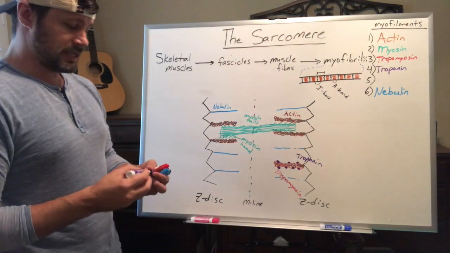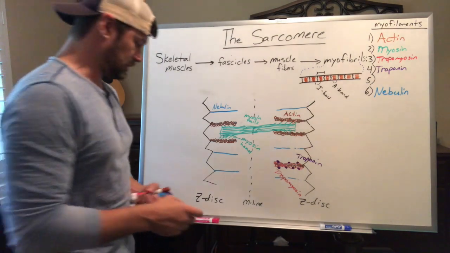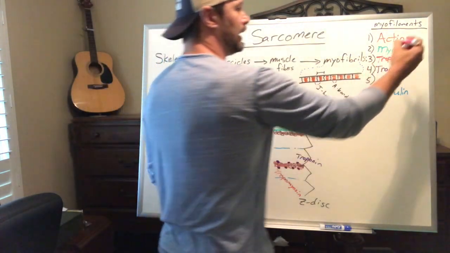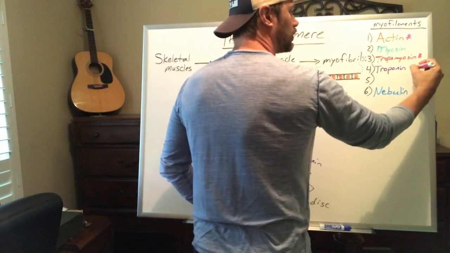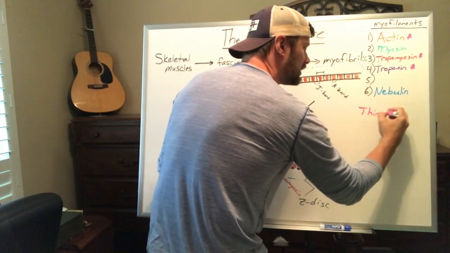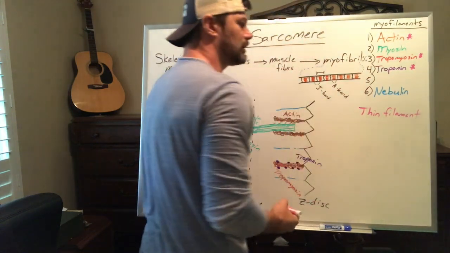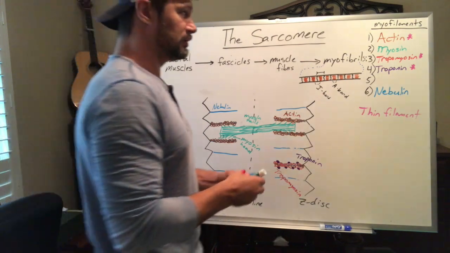And that is the end of our thin filament. So using pink, I'm going to say that actin, tropomyosin, and troponin all together are what we know as our thin filament. So those three things combined make our thin filament. Versus myosin